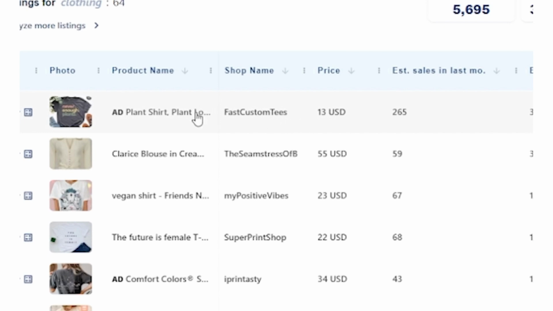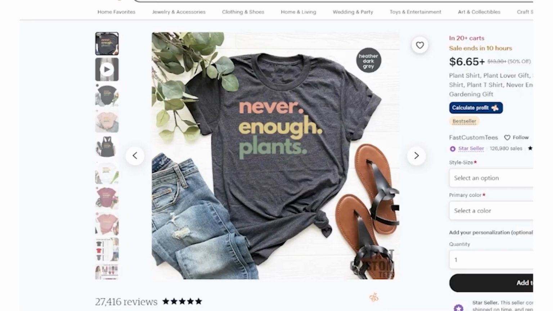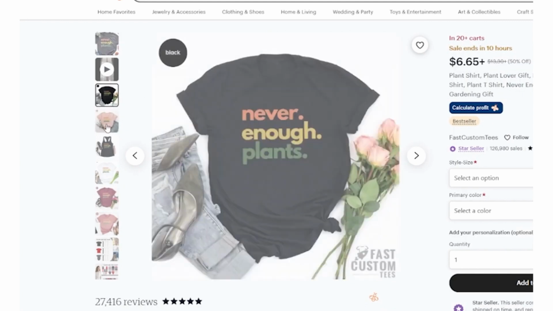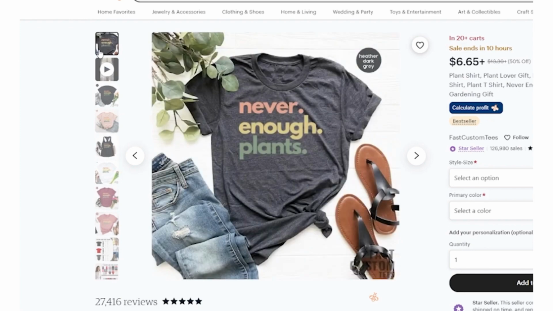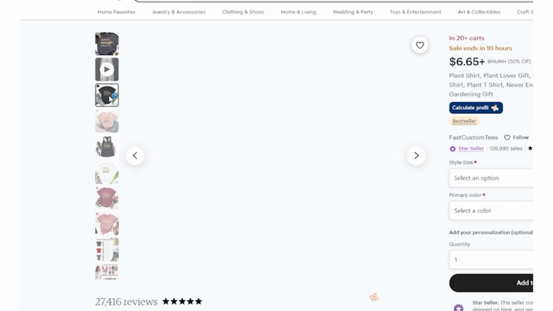This second method is a little bit different, a little bit harder to start using. Google Trends will show us when something is getting searched and how often it's getting searched, but we want to know what is getting a lot of attention and what is getting sold a lot. To do this, we can actually focus on ads that we are getting shown. So whenever you are on Facebook, TikTok, or Instagram,